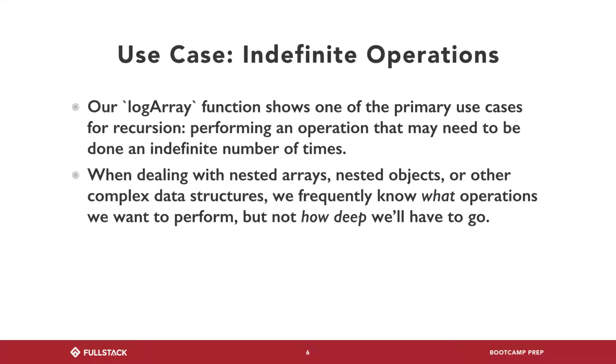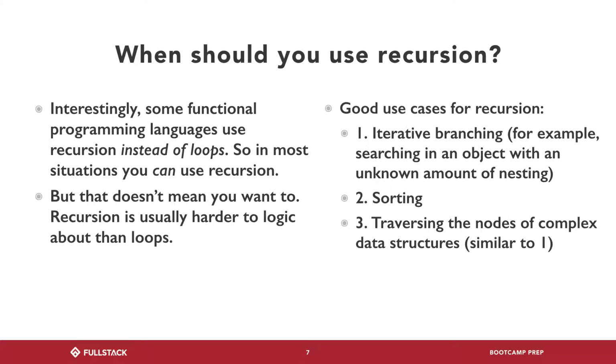Yeah. So recursion is really, really good for indefinite operations. You know when to stop. You just don't know how many times you have to do it until you get there. And recursion in that way does something that iteration maybe cannot do. I guess a while loop could probably mirror that, but it becomes so messy to write a while loop with that level of customization. So a lot of times recursion is the best solution for it. And dealing with nested stuff, recursion is definitely a lot better.